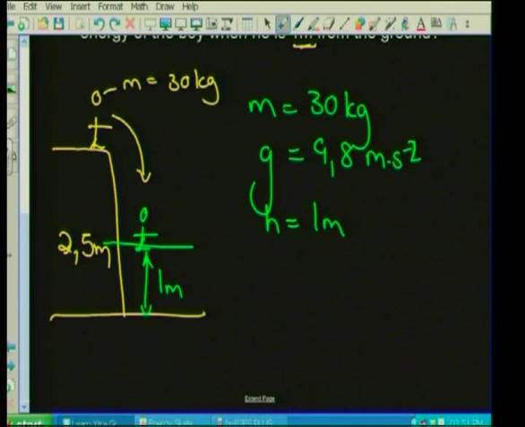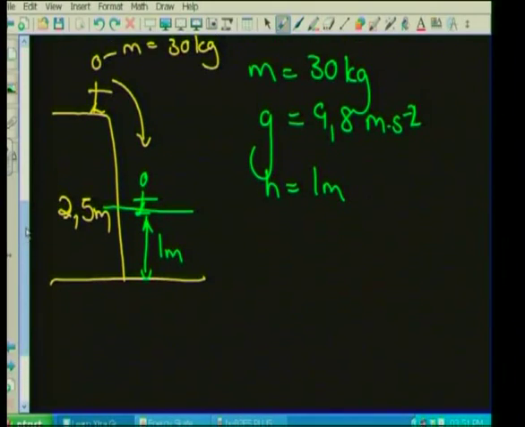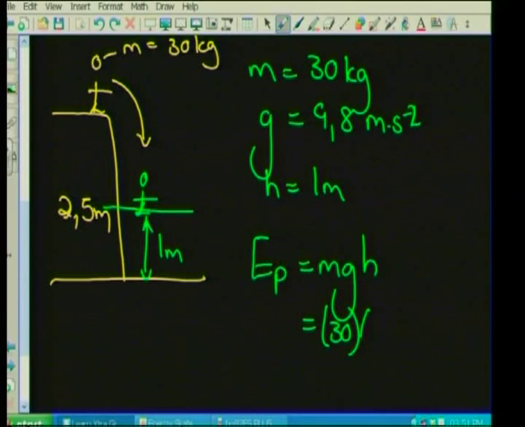That's only 1 meter now, not 2.5. You all following me, I hope? We have all of that information, which means if I now want to find EP, potential energy, we go 30 times 9.8 times 1, and we get